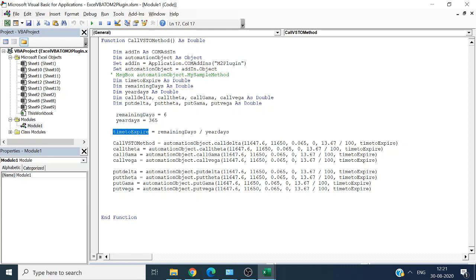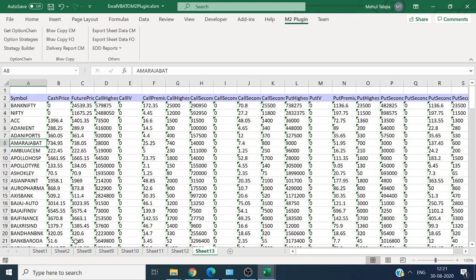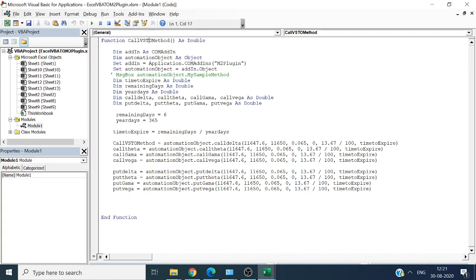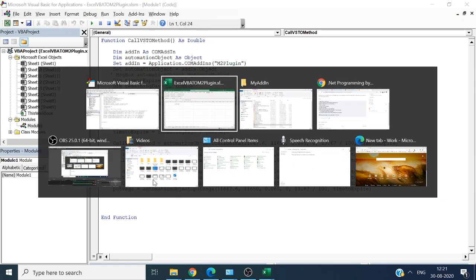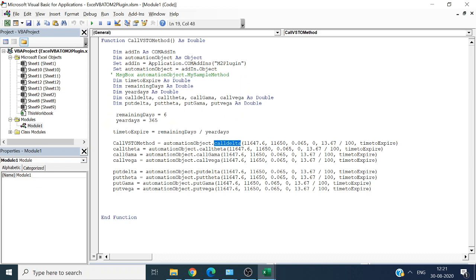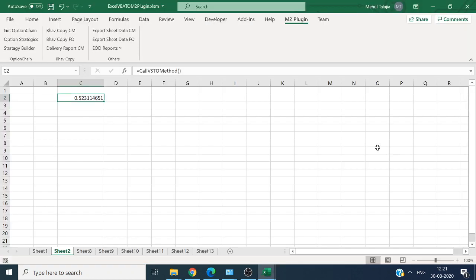Currently, how I have used it is, once you have created this function, its return type is double. Then you go here and do call VSTO method. This is the name of the function, call VSTO method, and you put equals. Currently this is displaying the call delta with the given parameters.